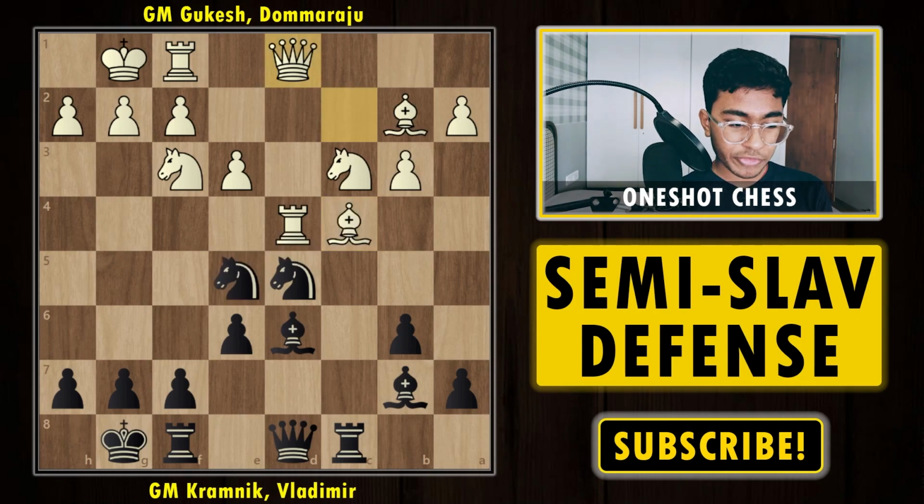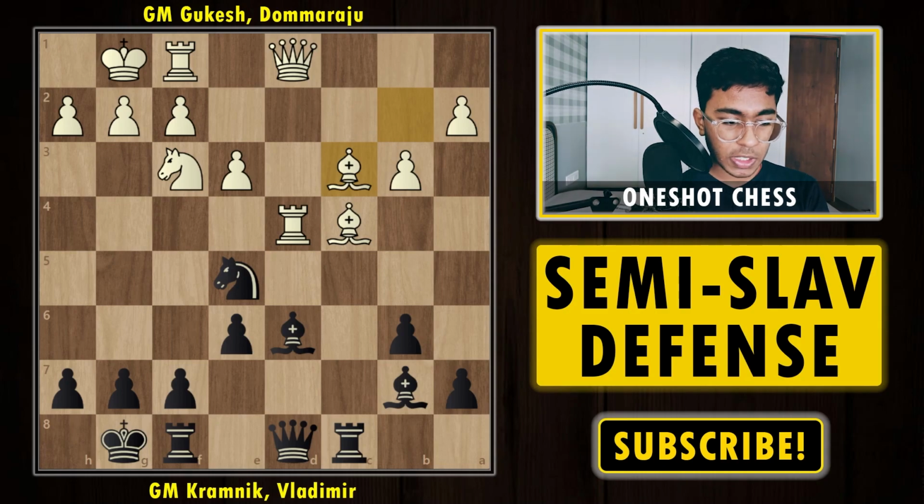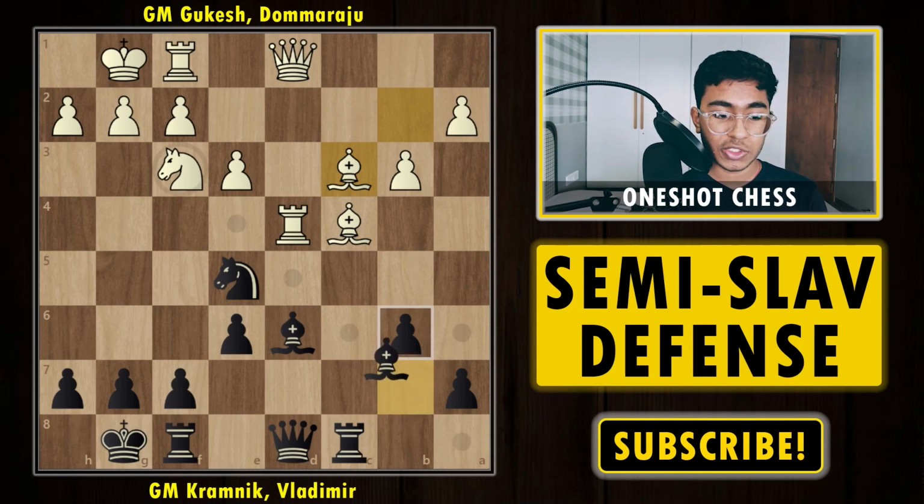So yeah, after queen e1, Vladimir decided to capture the knight on c3, which is a fine move. Bishop takes c3, and now we have knight to f3. Guys, in this position after bishop takes c3, a much finer move would have been to capture the knight with